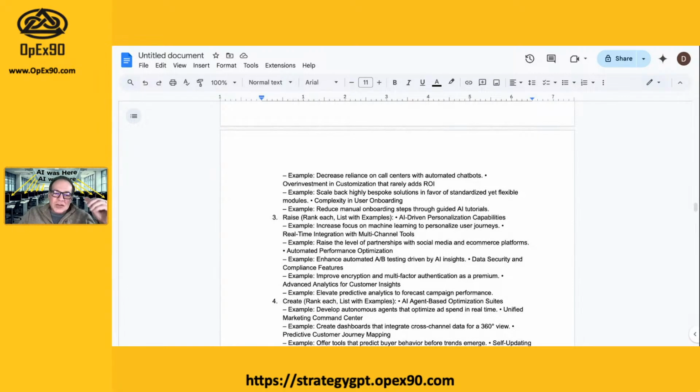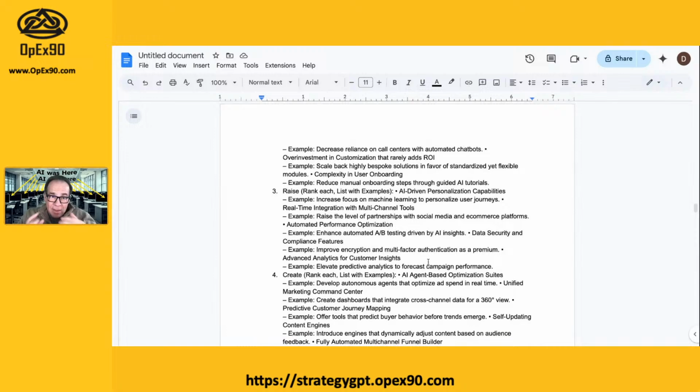Raise, right? These are things that we want to do more of. AI-driven personalization capabilities, right? Personalization of screens and things like that. One of the primary things that we saw coming out of this already is the new generation wants stuff that they can see on their mobile device. AI and mass customization and automation are critical in this industry. If you don't have this, you're going to be way behind the 8 ball, right? It's critical to this actual industry, if you will.